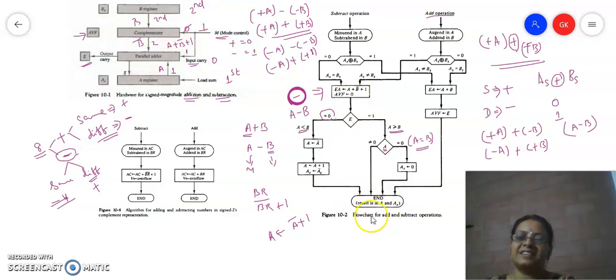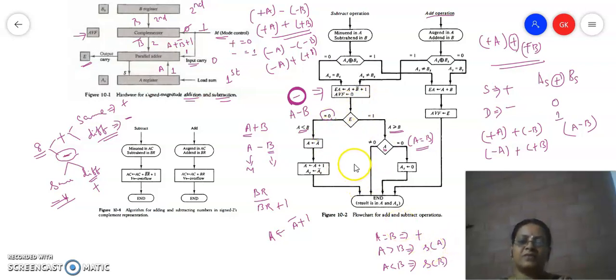Now we have to decide the sign of the result. So what could be the sign of the result? If A and B are equal, it is always going to be plus. So that is going to be covered in this case. And if A is going to be greater than B, then the sign of the result should be the sign of A. If A is less than B, then the result should be the sign of B, or otherwise whatever is the sign of A, that you have to complement, because these two are different. So that is what we have explained in this part of this flowchart.